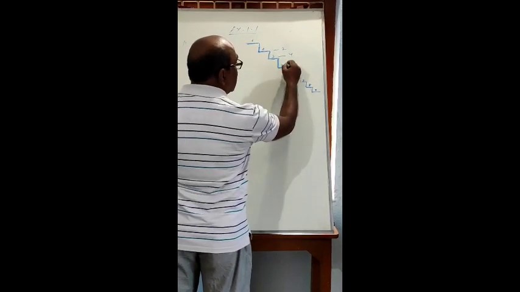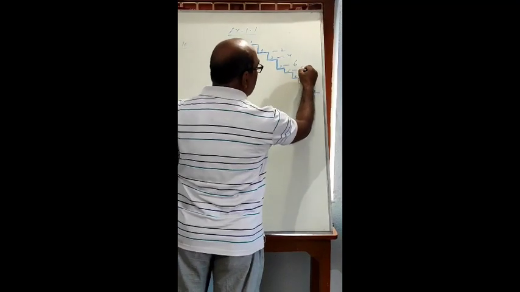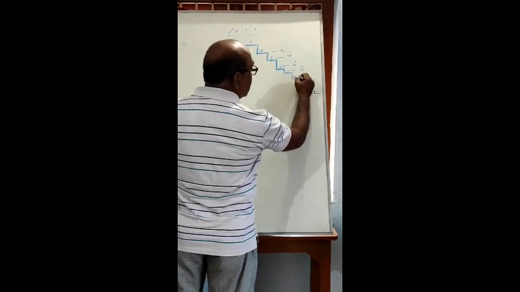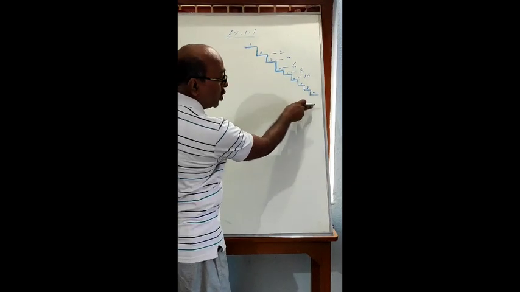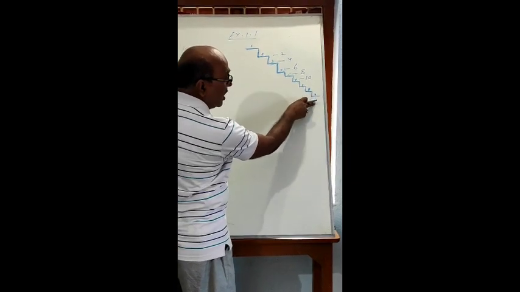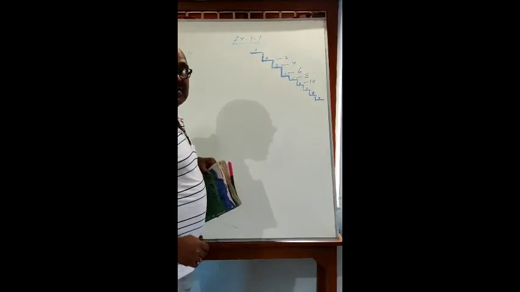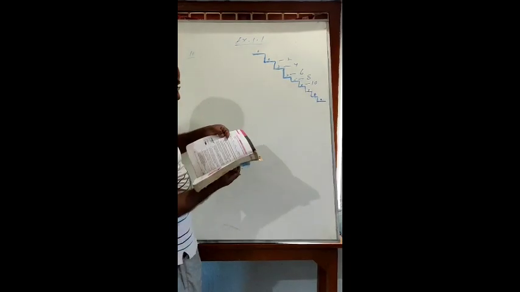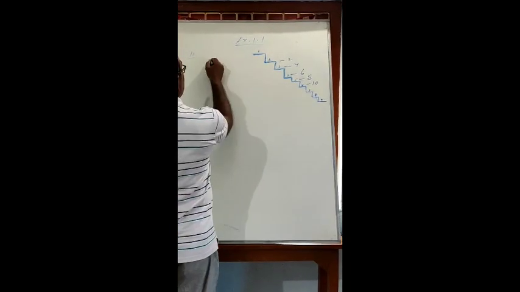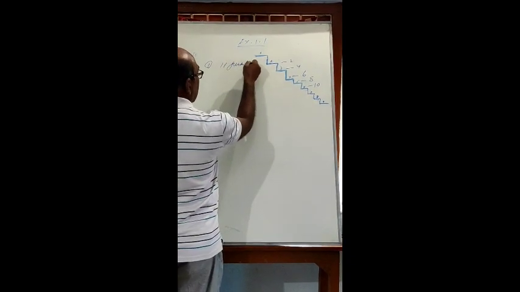Similarly after 4 jumps, the monkey will be here. After 6 jumps, the monkey will be here, and after 8 jumps, and after 10 jumps, the monkey will be here, and in the 11th jump he goes 3 steps downward. Therefore, the monkey will be at the 11th step, and therefore your answer is 11 steps. Your first question 10-1 is 11 jumps.